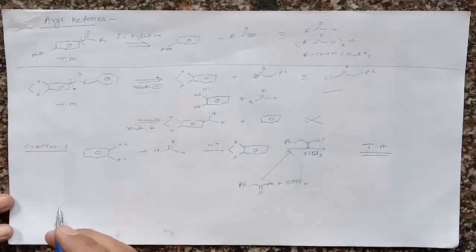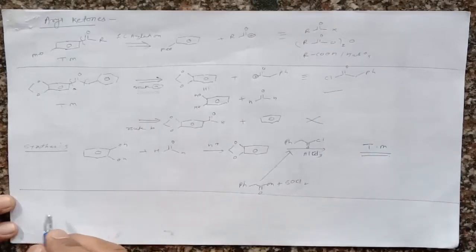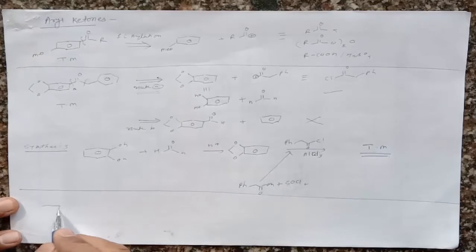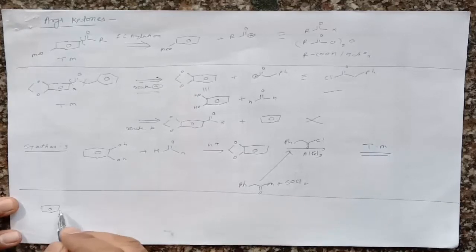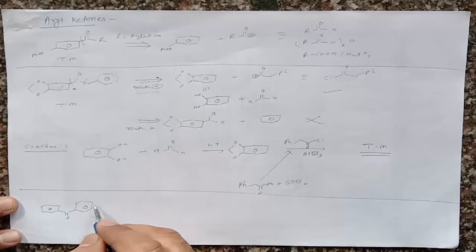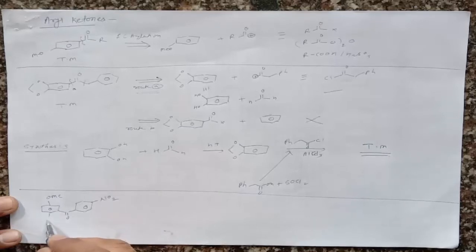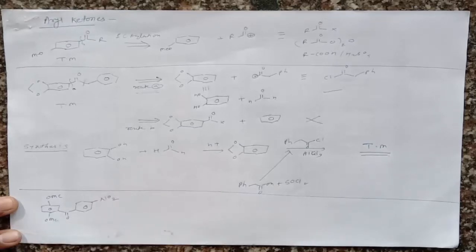Then the second target molecule, suppose it looks like an aromatic ketone containing a functional group like this, right? And it contains a different substitution on these aromatic rings. So it contains a donating substituent and another containing a withdrawing substituent. Then we can break this molecule again at two positions.